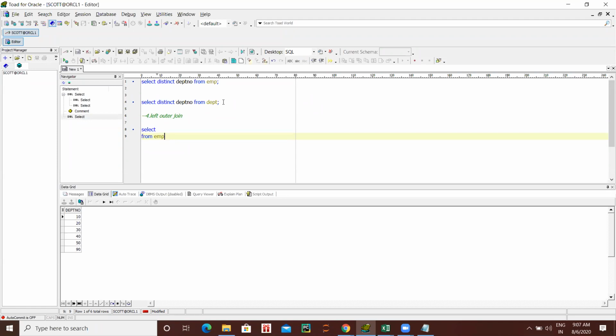So when you are writing a join, first write the from clause. It will be easier for you. First you choose whatever the tables, then you write the columns. Comma E dot department number, comma D dot department number.